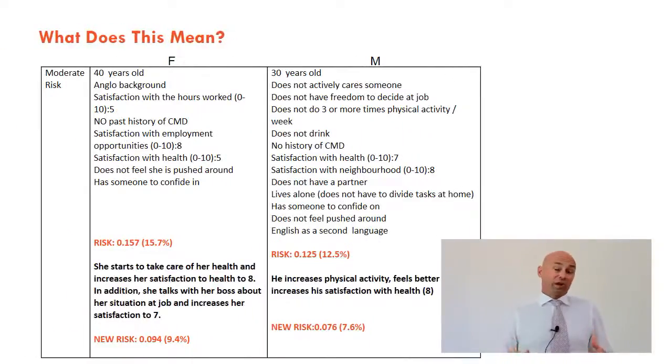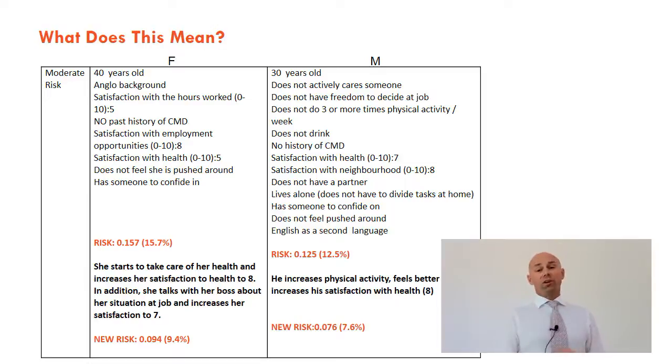So what does this mean in practice? Well, here's an example of what it looks like in practice and how one might be able to think about risk reduction. So here we have a couple of examples of people with only a moderate level of risk, showing some of the risk factors that were actually important for them. Key things such as feeling your life is out of control, what your background is, what your age is, but also a whole set of modifiable things such as the level of exercise, the amount of alcohol you drink, your own health, satisfaction with life, and various other things that we can actually target.